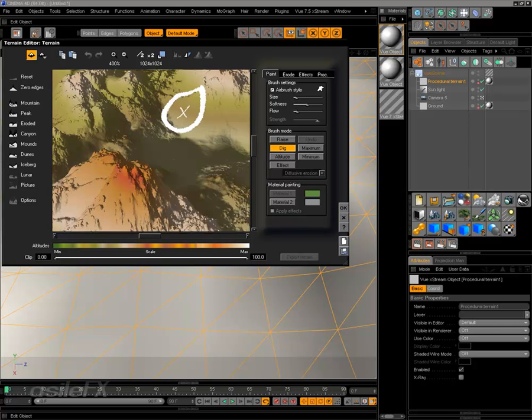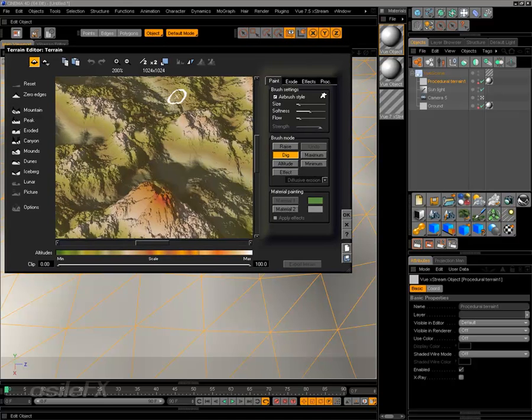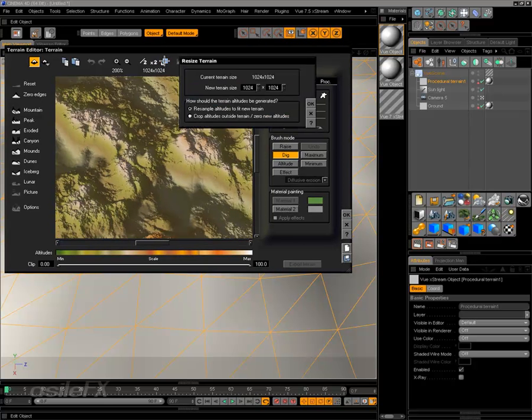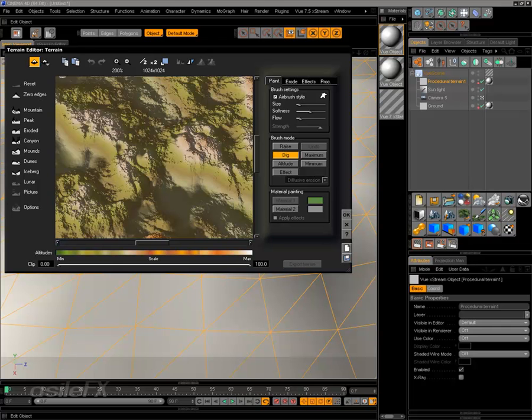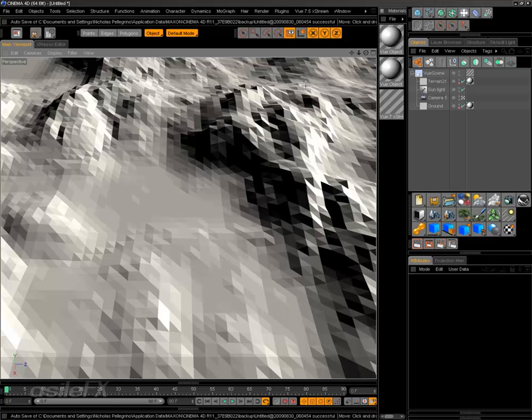If you don't want to move through all the steps, if you are creating a huge change in pixel resolution and you want to calculate it, you can use the resize terrain option to just type in a value rather than continually hitting the ×2 button. So we'll convert this over to a standard and let that process. And the standard terrains usually give a much better proxy preview. So now we could either use this still somewhat low res terrain